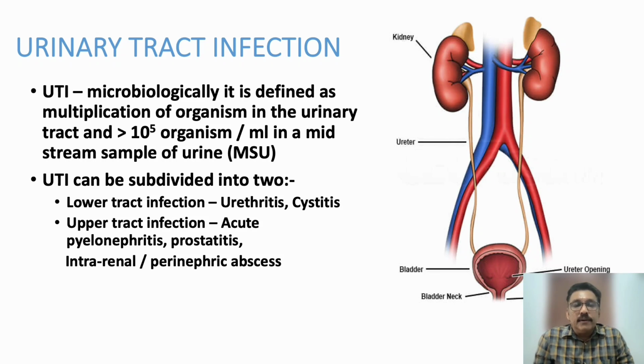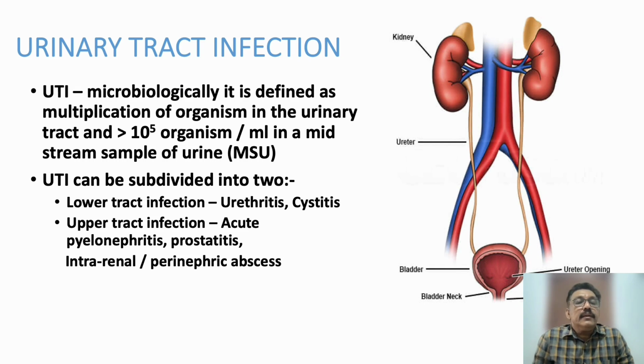Sometimes you can get a urinary tract infection, but when we culture, you don't get a sufficient number to meet the criteria of more than 10 to the power of 5 organisms per ml, or 1 lakh organisms per ml. The problem is sometimes the patient may be partially treated. Then even if you do a culture, you may not get this many organisms. But without antibiotics, if we are not getting this many organisms in the urine, then it is not a significant